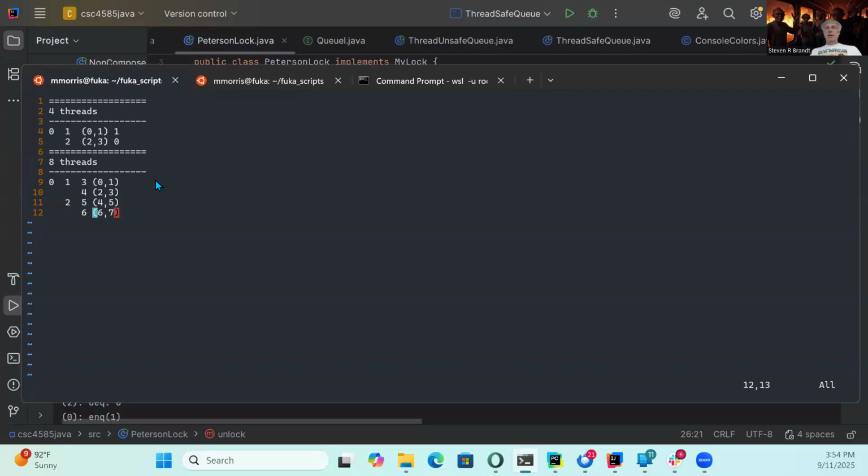Is there really anything different? It's going to be the same basic concept. We're just repeating it with a higher level of structure, right? So I'm going to say the first ones are going to go for 0. The second ones are going to go for 1 on the Peterson lock. And then likewise, they're going to do that going down.